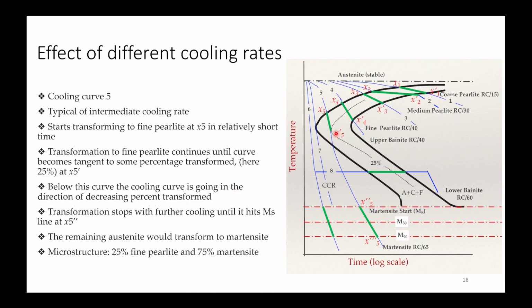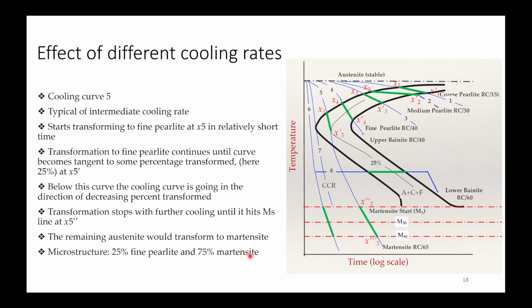transformed, and transformation stops with further cooling. After it comes out of this transformation line, it will stop forming pearlite, and the remaining metastable austenite will convert into martensite. So the microstructure will be 25% fine pearlite and 75% of